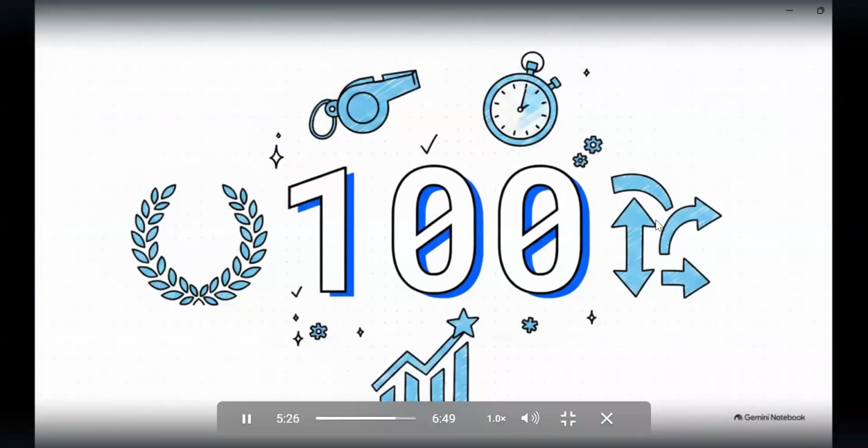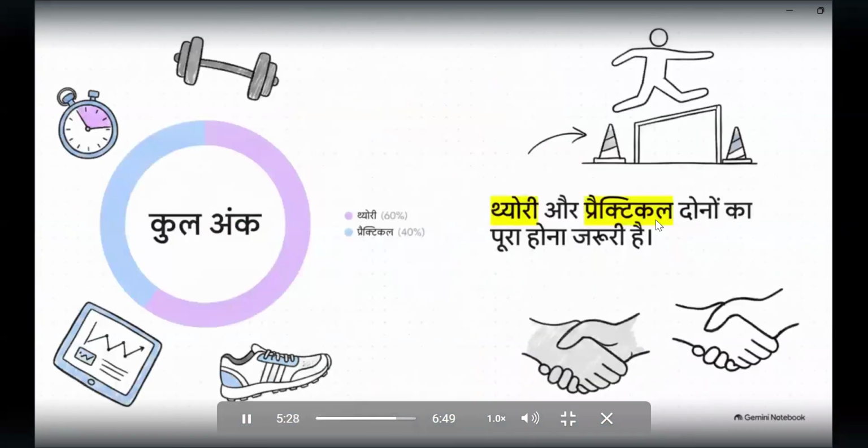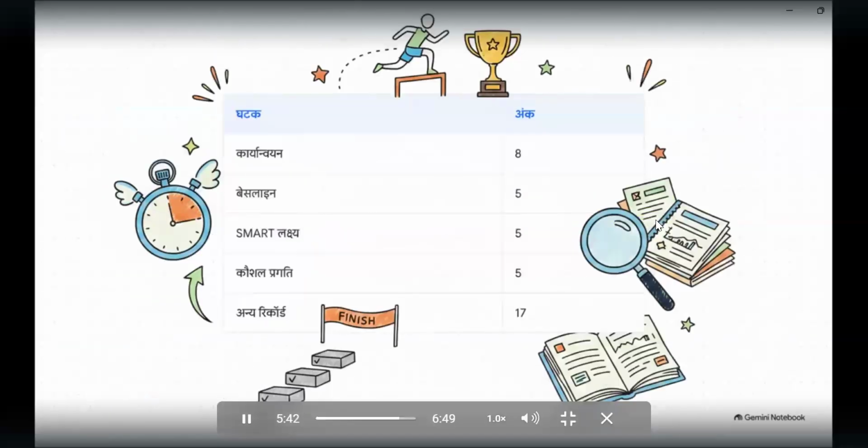आपको बता दूं, ये पूरा ट्रेन द ट्रेनर असेसमेंट पूरे 100 अंकों का होता है। इसमें थ्योरी परीक्षा का वेटेज 60 मार्क्स है, लेकिन ये जो पूरा प्रैक्टिकल प्रोजेक्ट है, ये सीधे सीधे बाकी बचे 40 अंकों का है। मतलब साफ है, प्रैक्टिकल प्रोजेक्ट में मेहनत किए बिना आप इस सर्टिफिकेशन को क्रैक नहीं कर पाएंगे। इन 40 प्रैक्टिकल मार्क्स को भी बहुत सोच समझकर बांटा गया है। सबसे ज्यादा वेटेज यानी पूरे 8 मार्क्स 15 दिन के एक्चुअल ट्रेनिंग इम्प्लीमेंटेशन को दिए गए हैं। बाकी मार्क्स बेसलाइन, स्मार्ट गोल्स, अटेंडेंस, डेली रिकॉर्ड्स और रिफ्लेक्शन वगैरह पर बटे हुए हैं। हर एक स्टेप की अपनी